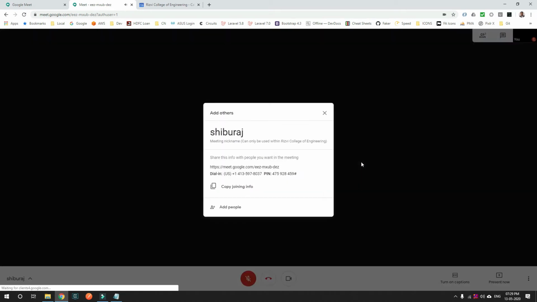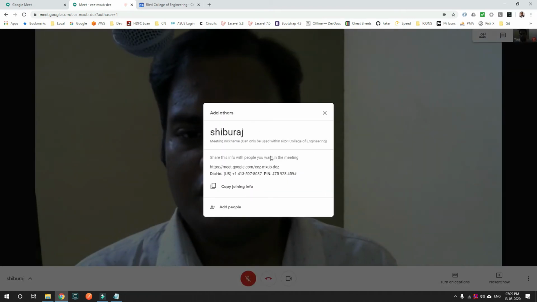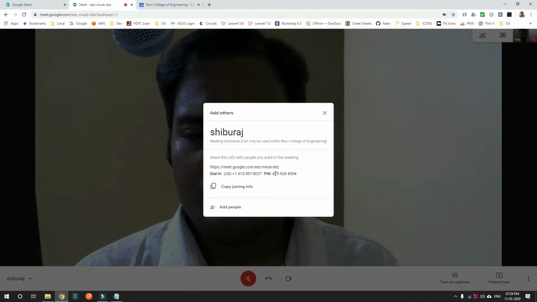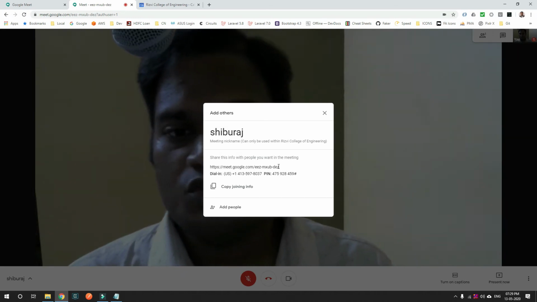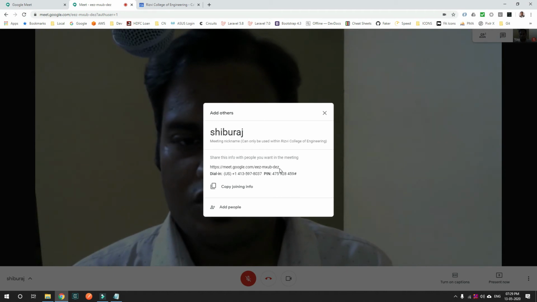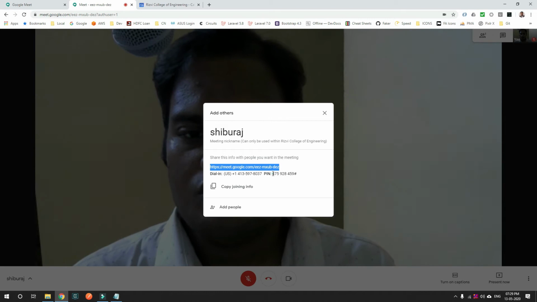Once we get in, this is the pop-up we get, with the information of how to connect, how to share this room's info with other users. This is the link, or they can use this pin also to join.